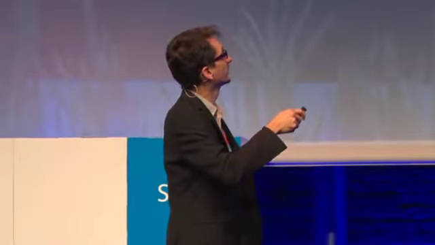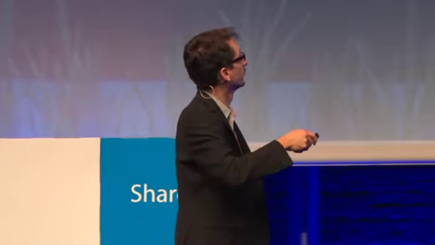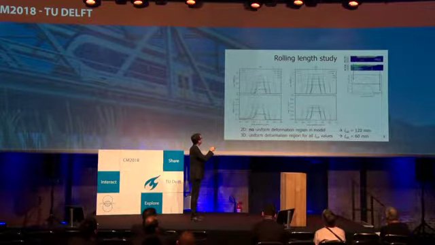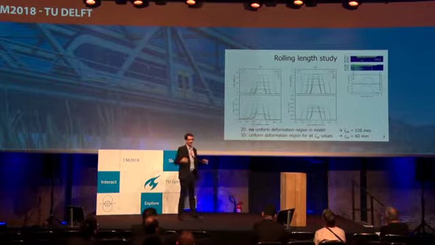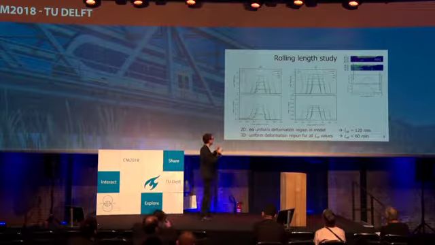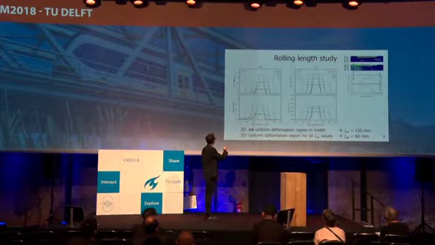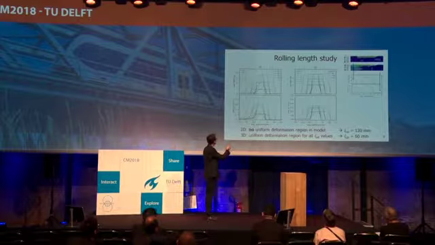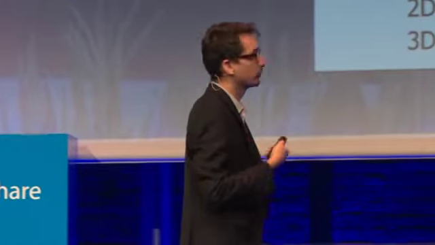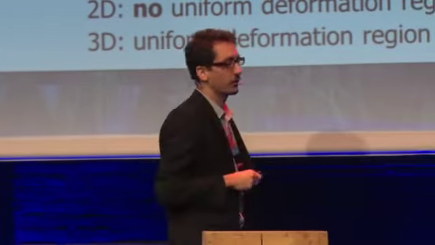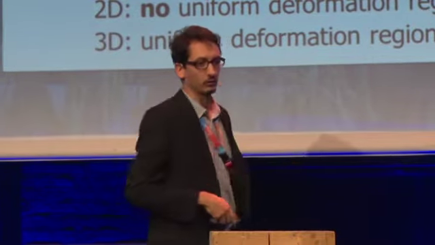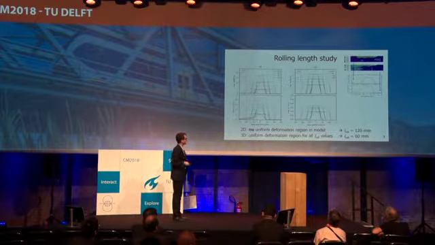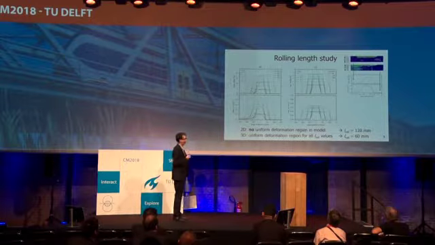So we see with more cycles of loading that in the 2D model, this is all 2D, we do not get very uniform plastic deformations over the length. So in 2D, whatever happens before and after it always influences it. The same with the shear displacements here. We see it depends on the rolling length, and the bigger the rolling length, the bigger the shear displacements are. The good thing from that is that we see for the 3D model, it's already sufficient to take a smaller rolling length because we have material on the sides of the contact patch that holds everything back in terms of plastic deformation. So we selected those rolling lengths for 3D and 2D